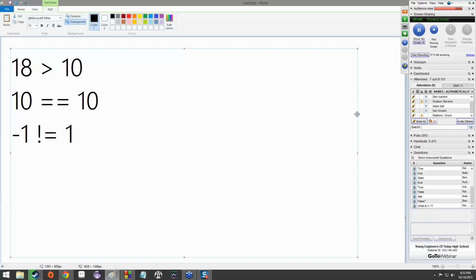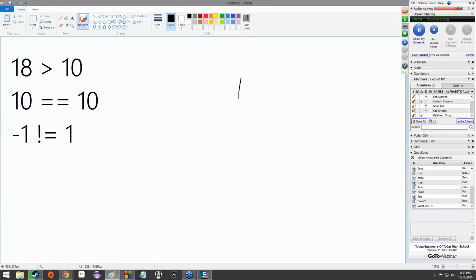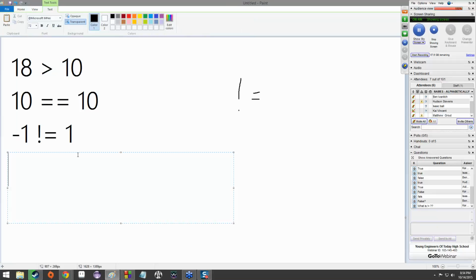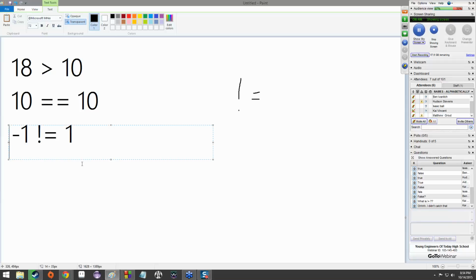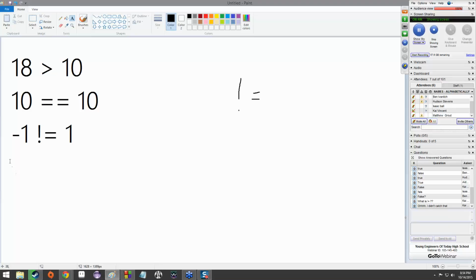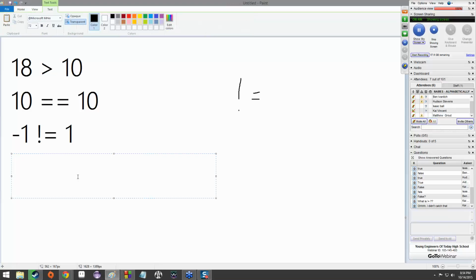The exclamation mark and equal sign is not equal to. But yeah, that's why it's generally good to look at this stuff, because this statement is true even if they're not equal to each other. But that's what we're looking for. We want to make sure that they're not equal to each other.